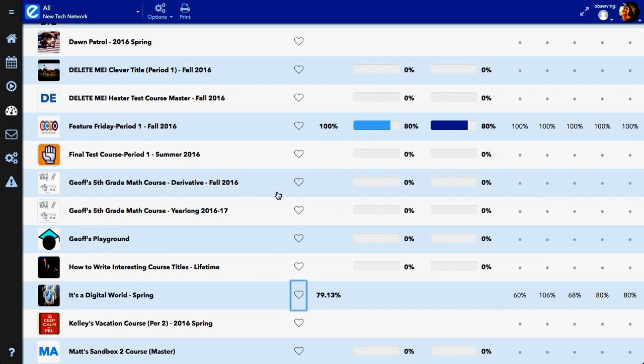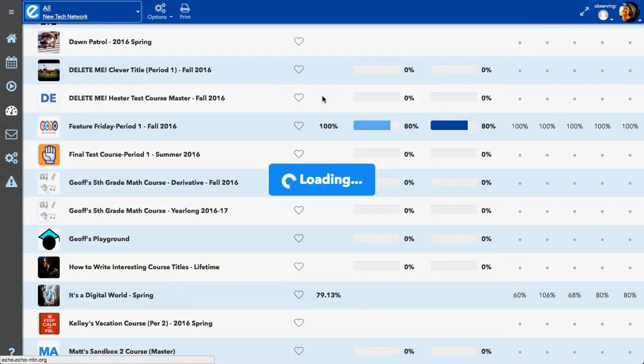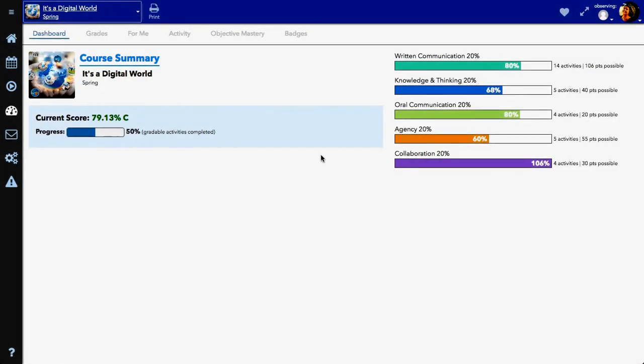Now, what if you want to take a deeper dive into one particular course? You can click right on that course, or again, just like always, you can do the drop down and choose a course from here. So you can go either way to get deeply into a course. So we'll take it from the drop down, and this is the course summary for the It's a Digital World course. So one course. So your child's current score in this is a 79 with a C